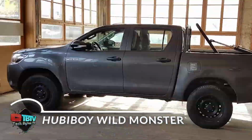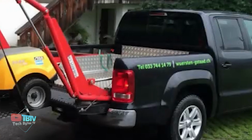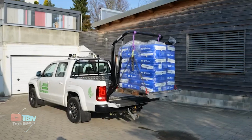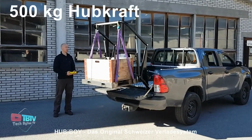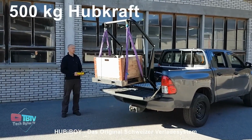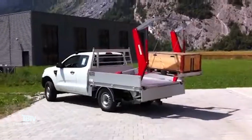A pickup truck is the most popular car in America, and the Hubie Boy Wild Monster is one of the top car accessories any truck owner can have. It's a loading system for pickup trucks that can lift up to 500 kilograms of heavy goods directly on the vehicle. It's easy to use and versatile, as it can be mounted and removed like a roof rack after the